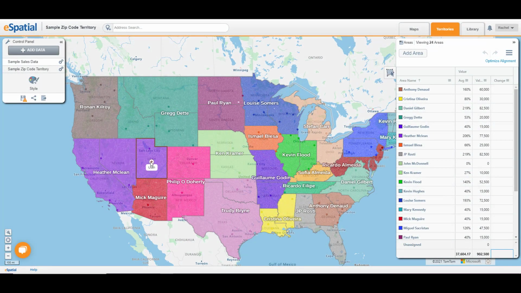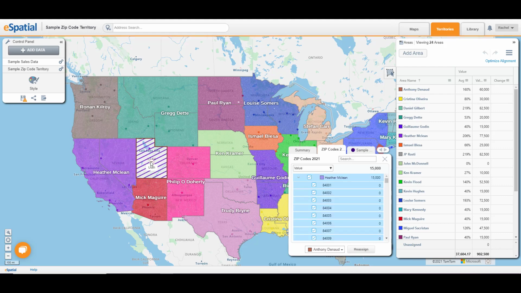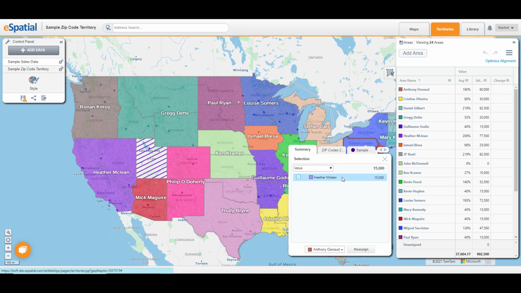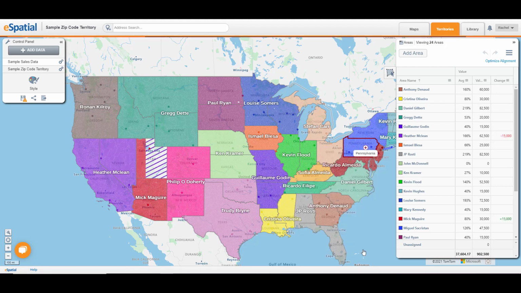As before, you can assign or reassign boundaries to your territories using the plus icons when you hover over the desired boundary. Now, when you click on the plus icon, the Selection and Assignment panel will appear, giving you a summary of the changes you are making and the boundaries and accounts within the area you have selected. Once you are happy with your selection, choose which territory you wish to assign these boundaries to from the drop-down menu and select Reassign.